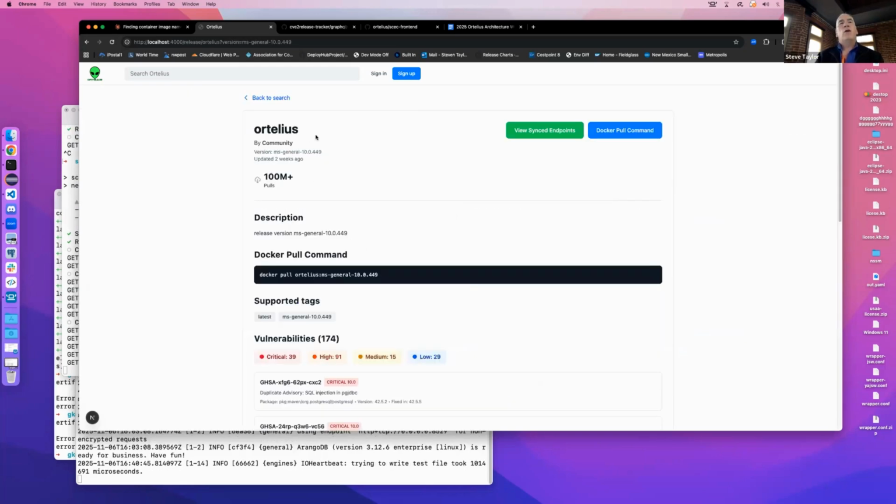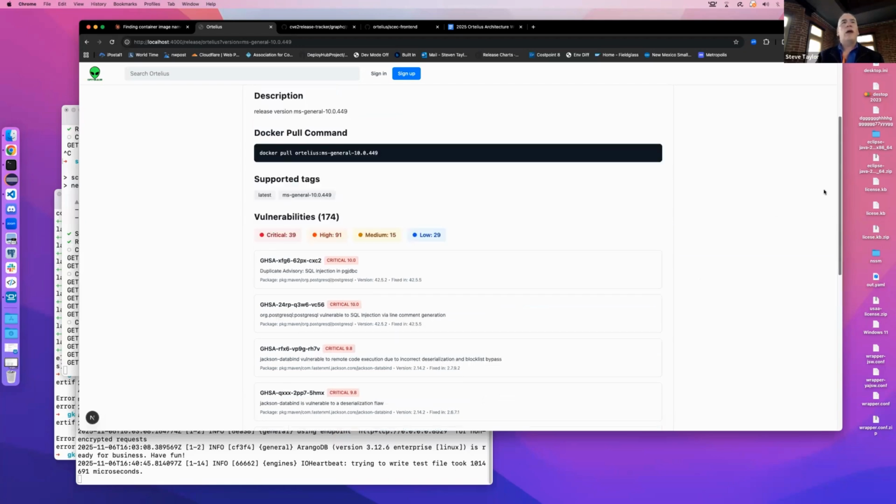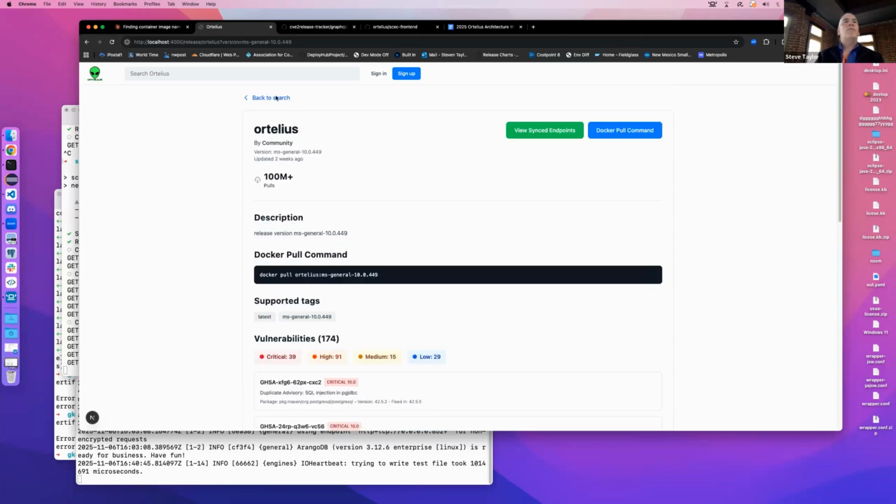Yeah. So this is where we still need some work, building out the details page. We have our vulnerabilities, the list of the vulnerabilities that are out there. Things like hyperlinks don't work yet, that type of stuff. But it's a good placeholder for now. If we go back to our search,